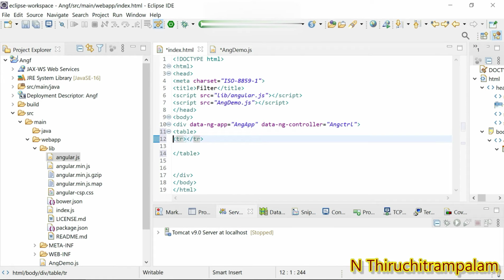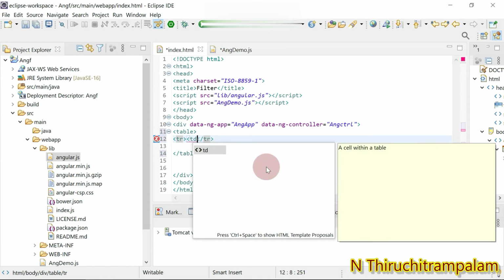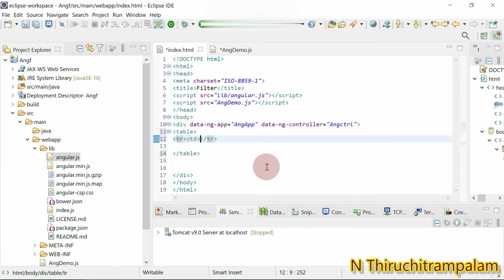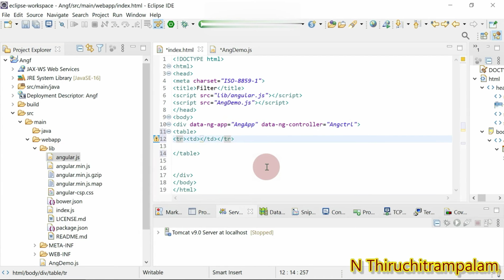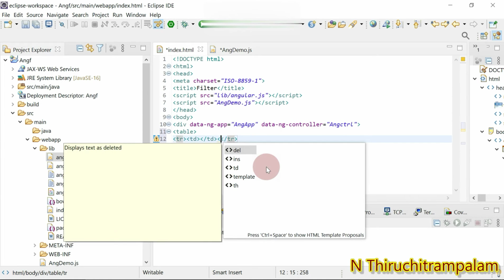Again, tr denotes a row. Within this, td denotes the data. So tr can have n number of td.